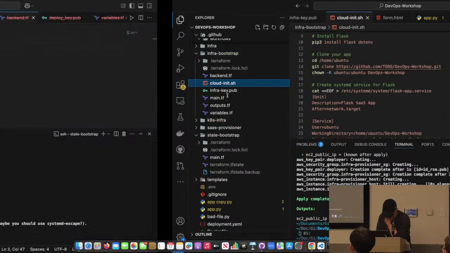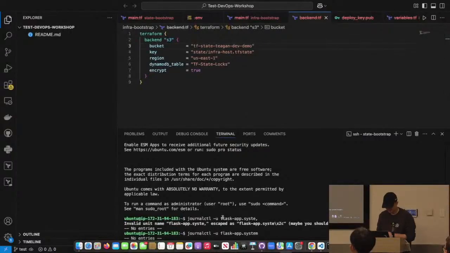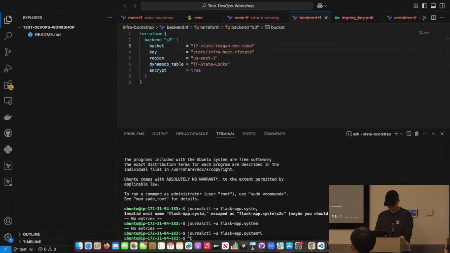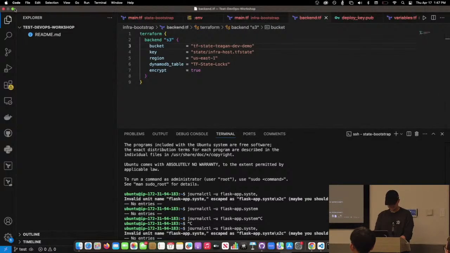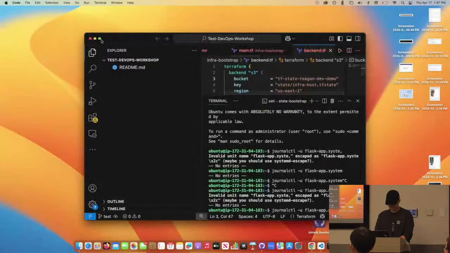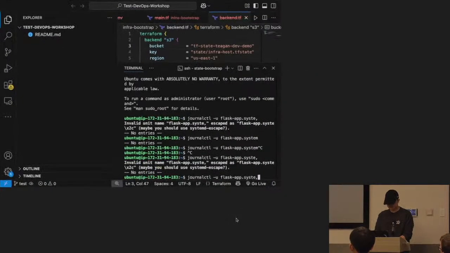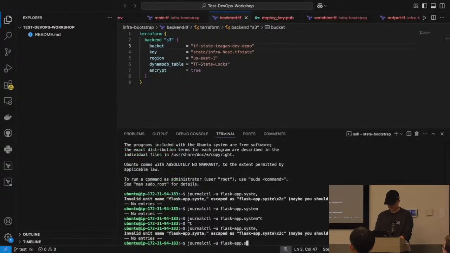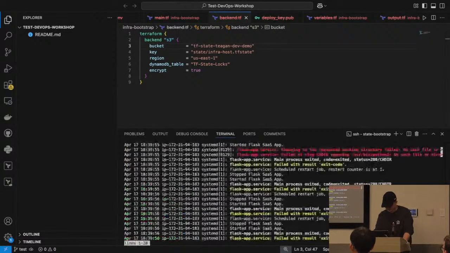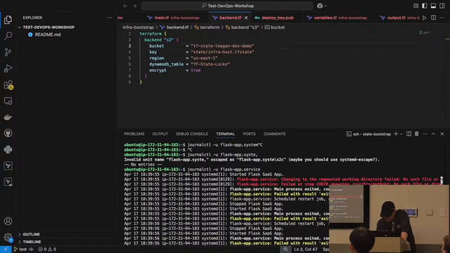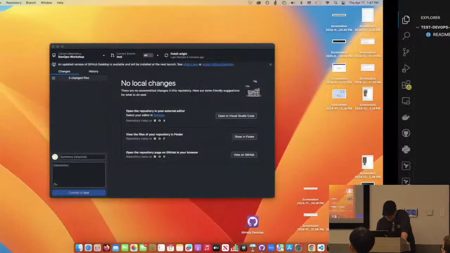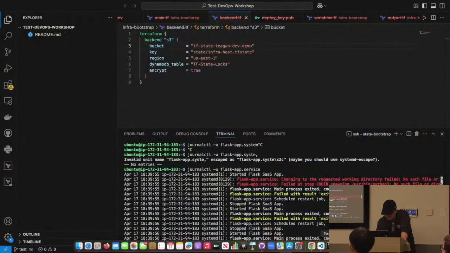Okay. Oh, it's not service, that's why. Okay, let's check it out. Absolutely nothing. Changing to the requested working directory failed. Maybe use systemd exec. Okay, I think I know what's happening here.